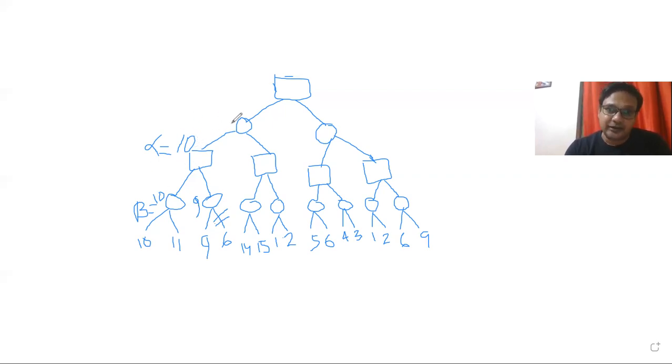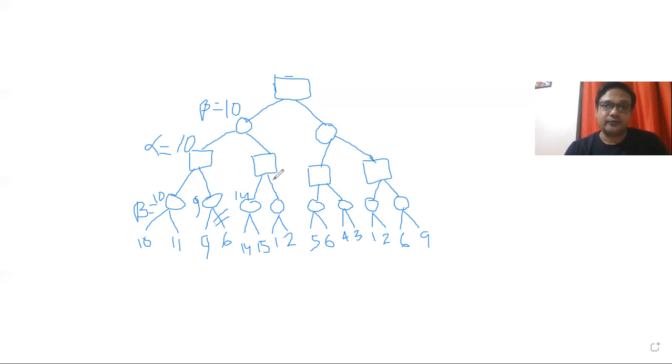Okay, later it will go here. So now it will become beta because this is the min node. So value of beta will be 10. Now it will come here, come here, come here. So 14. So beta will be 14 here. So I'm writing 14. And if I compare 14 with 15, it will remain 14.